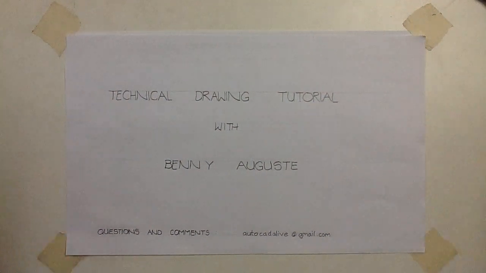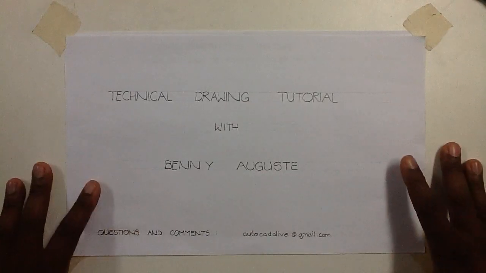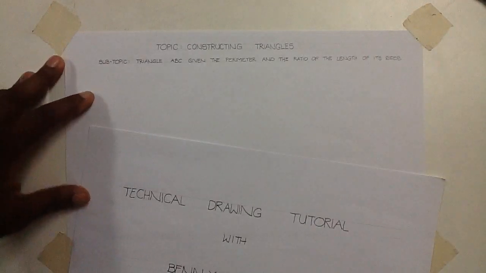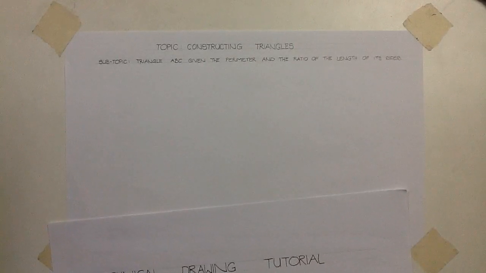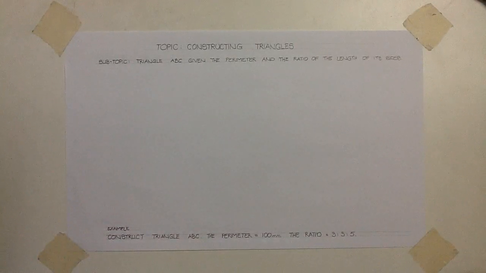Good day and welcome to our technical drawing tutorial. If you have any questions or comments, you could direct them to autocadalive@gmail.com. In this tutorial, we'll be constructing triangles, more specifically triangle ABC, given the perimeter and the ratio of the